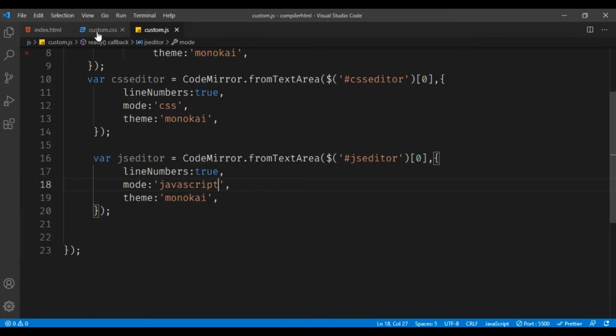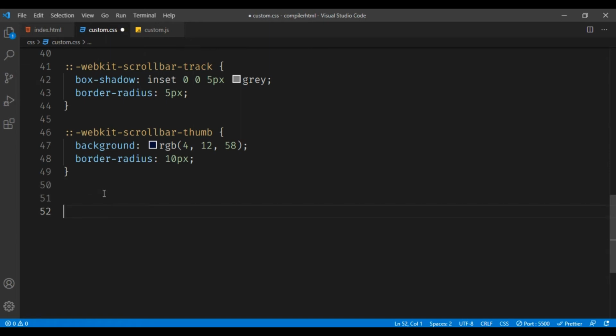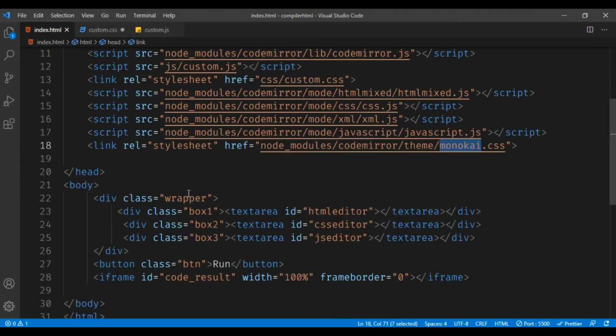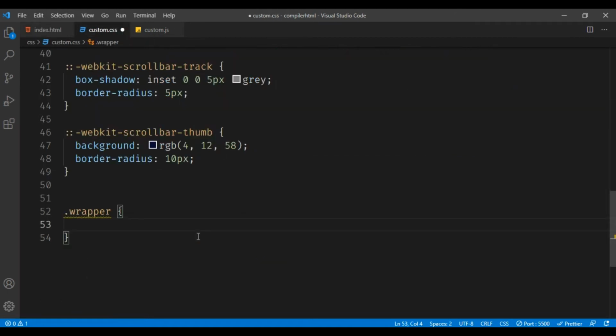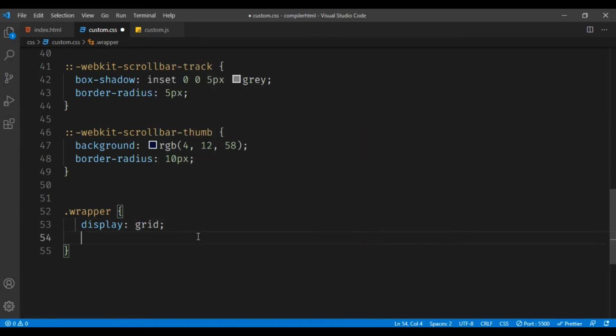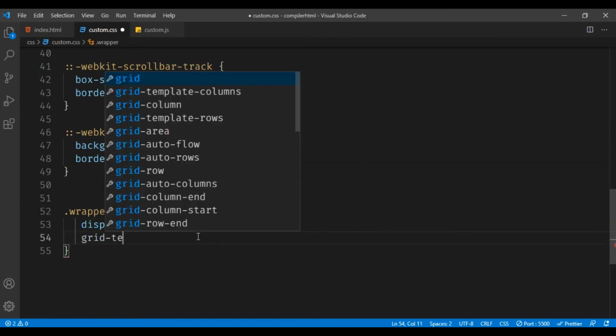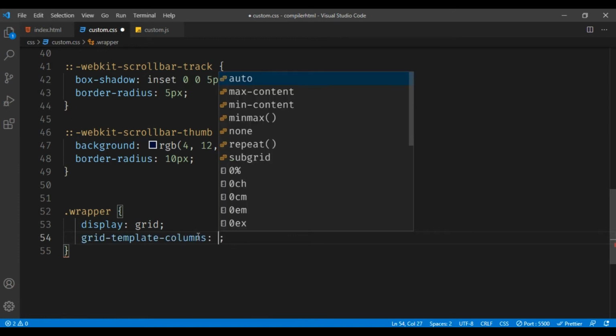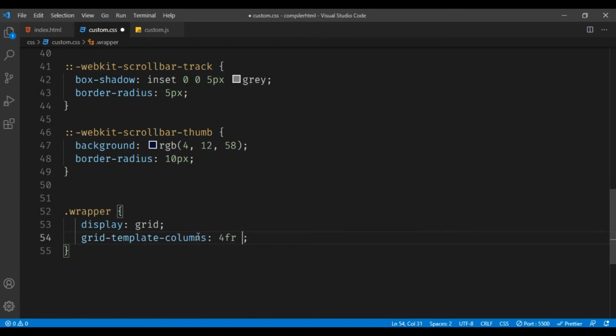Now first let us go to the wrapper class, which is holding these three text areas. So I want the display to be a grid, grid template columns 4fr, 4fr, and 4fr.